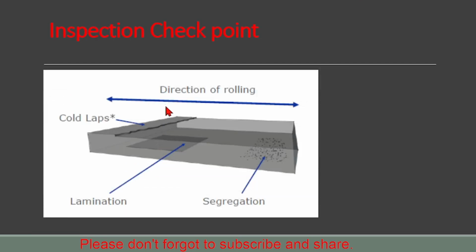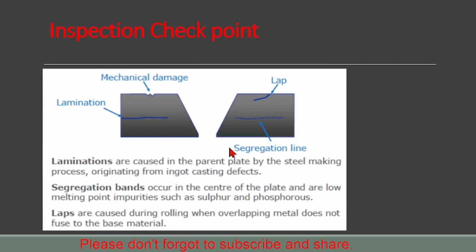Then this is the direction of rolling, showing the direction of rolling. Then core lapse, we can see the parent material, the core lapse is showing. Then lamination, then segregation. So I show you one by one. So mechanical damage, we can find during visual inspection, the incoming inspection: the mechanical damage, lamination and lapse, then